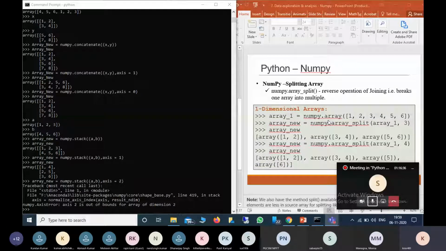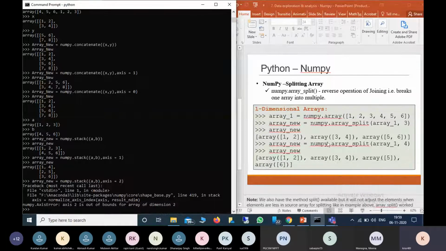Here we can use a function called array split, which will break the array into multiple arrays. There is one more function, split also, and I will tell you the exact difference between them.